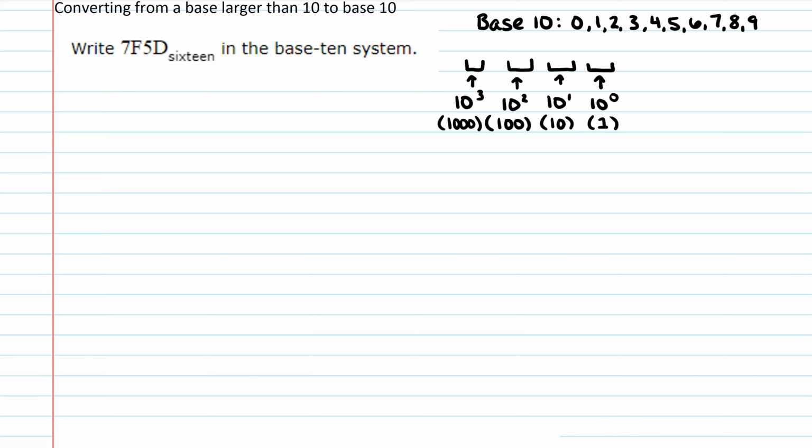So now the base tells you what each place holds. So here, if it's base 10, then all of these are 10 to a power. And it also tells you which digits you can use. So you're allowed to use 0 up to 1 less than the base. Okay? So if you wanted to have, say, 936 in base 10,